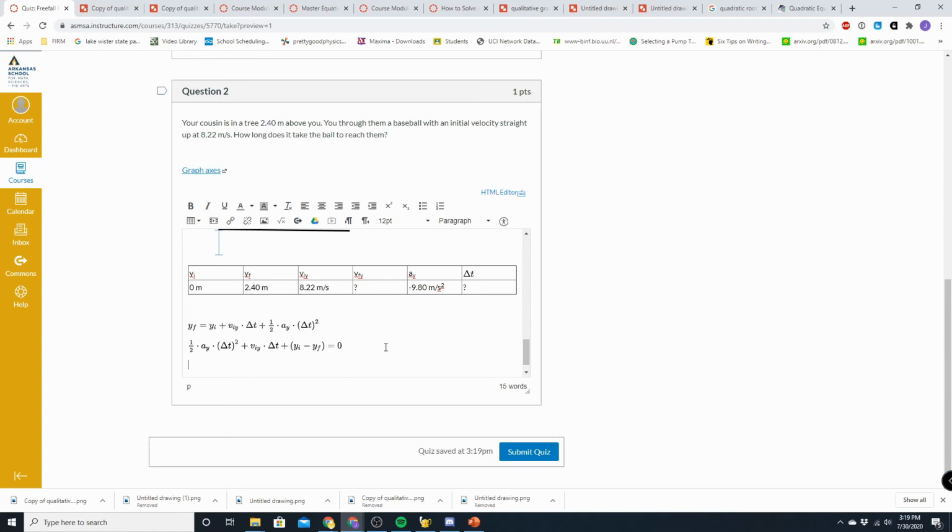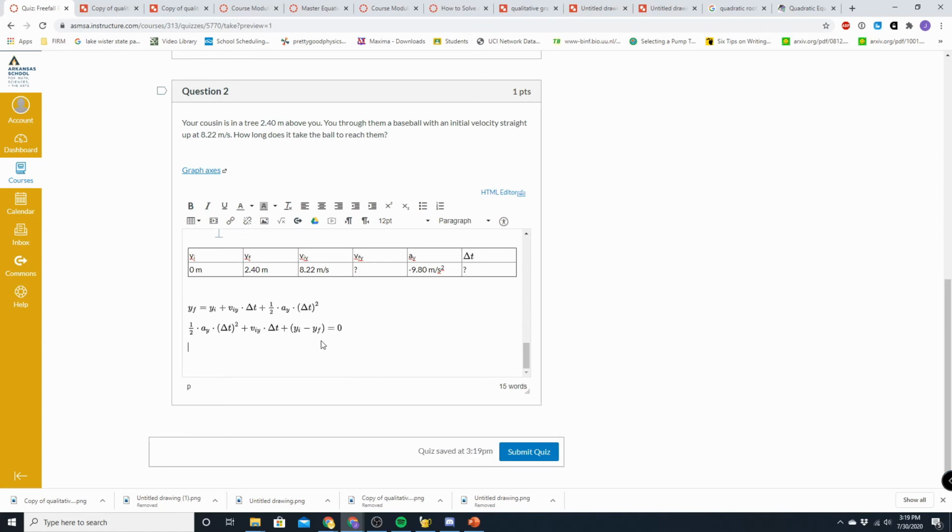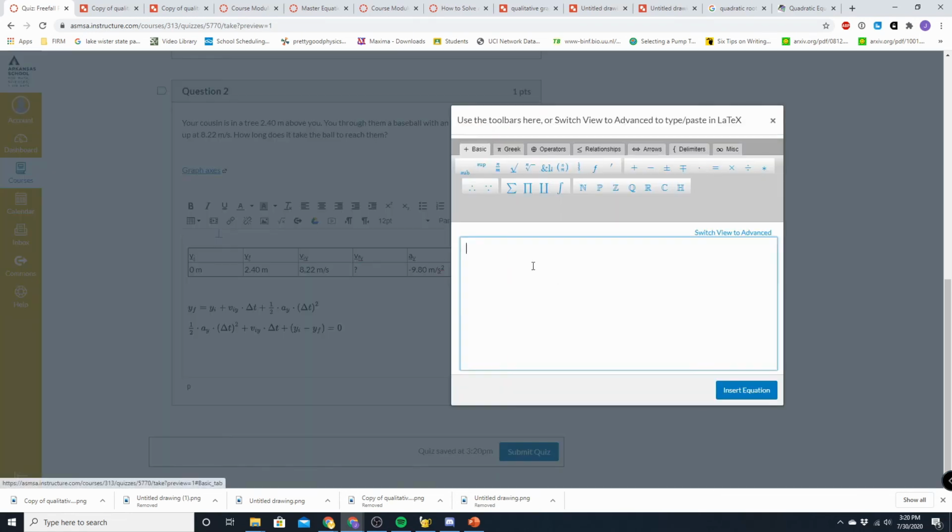Now, typically I require you to have a final solution before you can plug in numbers, but when you're solving a quadratic, I'm going to let you use a quadratic solver, so you can go ahead and plug in numbers with their units at this stage, and then get the answers from the quadratic solver with a caveat that we'll talk about for a second. But let's go ahead and plug in the numbers with their units, and so we're going to get a negative 4.90